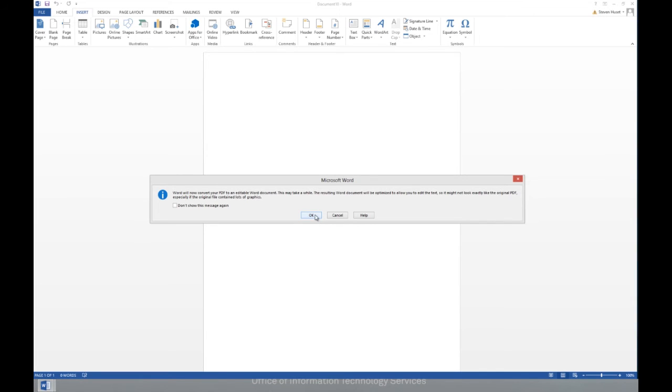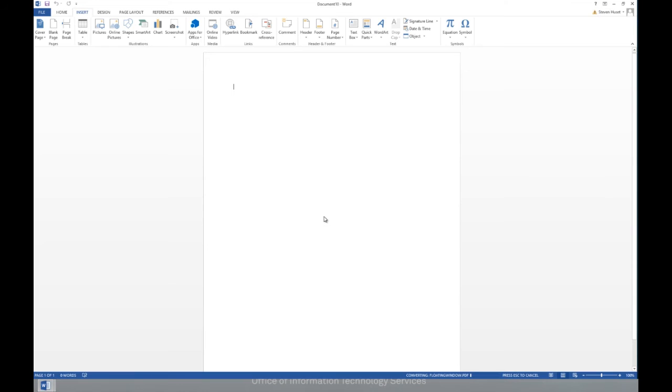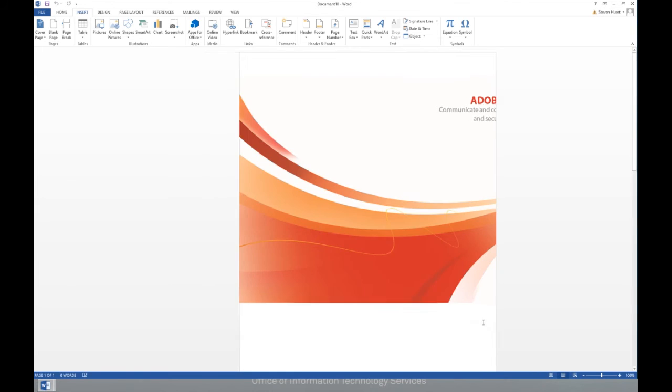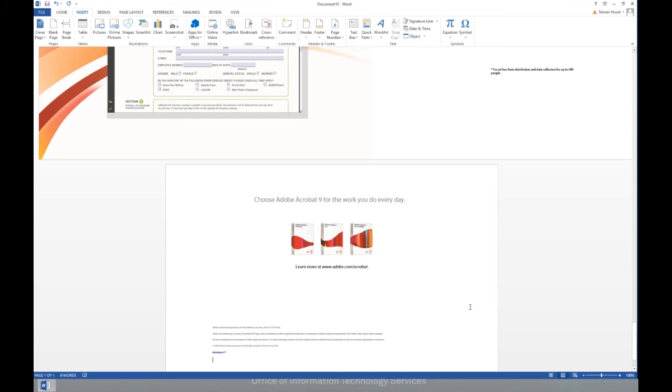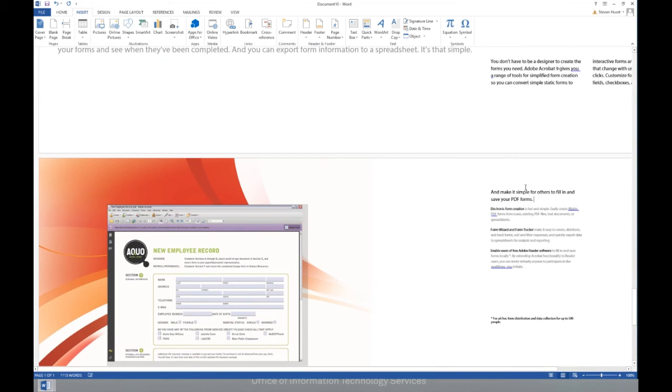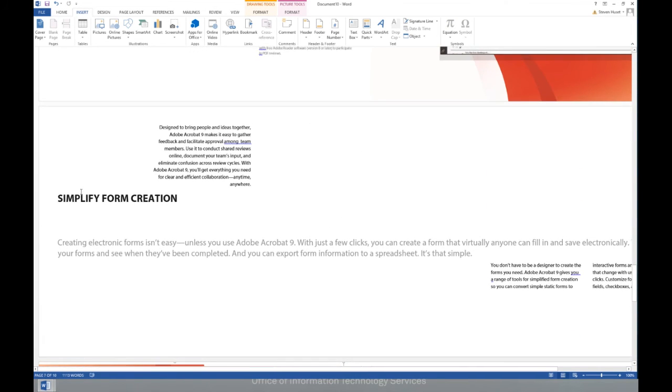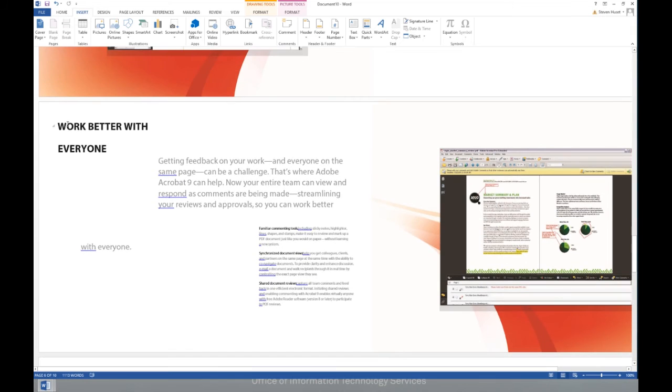So just sit back and relax. We're going to hit OK. And you can see at the bottom here the progress bar going through, letting you know how long it's going to take, depending on the size of the document, speed of your computer, and whatnot. And alright, here it opens up, and we can see all our text is now editable. These pictures, we can delete them, we can move them around. If we want to change some of this text here,